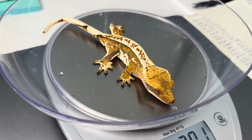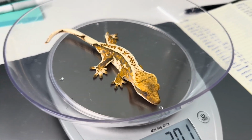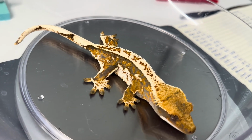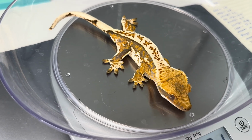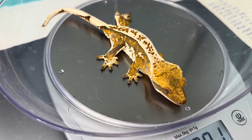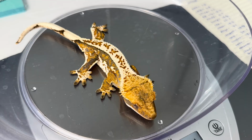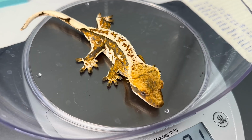This is Sinatra. Sinatra was also picked up at Tinley Park from AJD Reptiles, and you can definitely see the quality in this guy. I rave about him all the time, post him all the time. That paper white just pops right out at you. And that was part of my thinking and reasoning to hopefully pair this guy to my sable lily white to get that mishmash of ideas and chances of morphs when it comes to sables, sable lily whites, normals, and lily whites. And with that high white on a normal gecko, I know it's not all white, but really high white,